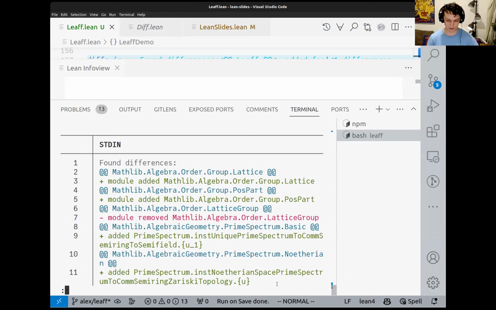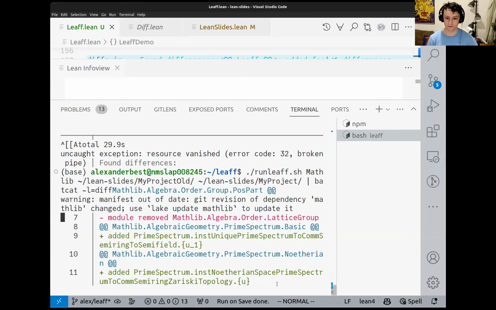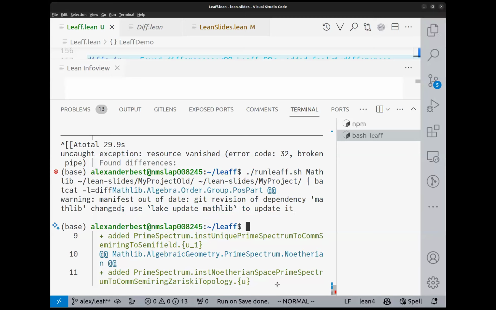I mean, it definitely has the capacity. You specify the module you wanted to look at, right? And it looks at that and all of its dependencies. So if you knew ahead of time which one you wanted to look at,